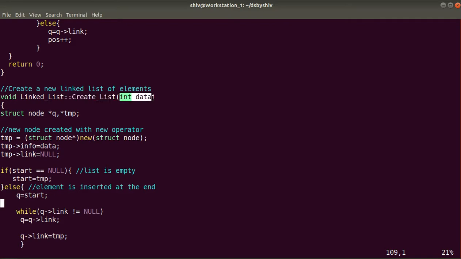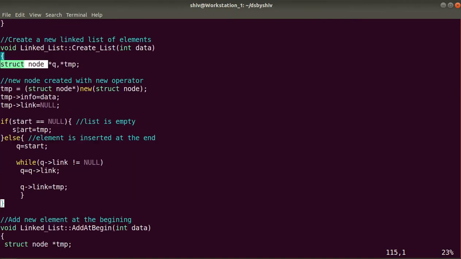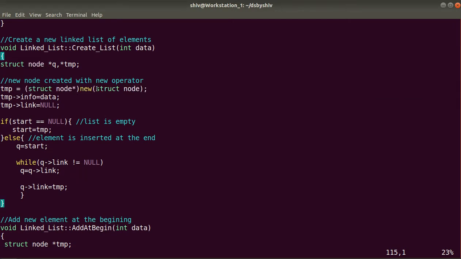We'll pass the data to this method. We'll take two pointer variables, q and temp, of type struct node. We'll make the new node with the operator new. We will pass the type struct node pointer, and assign it to this temp pointer variable of type struct node, and in the temp info we will pass the data.